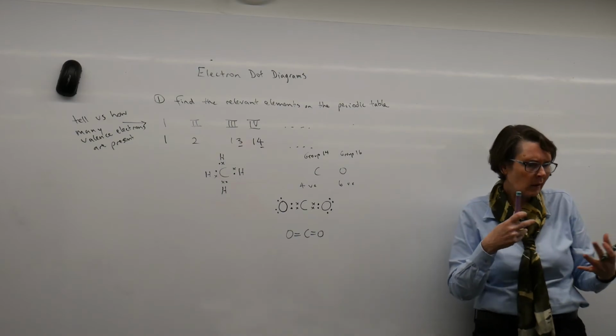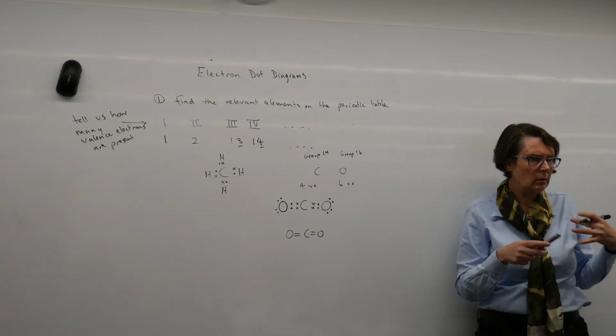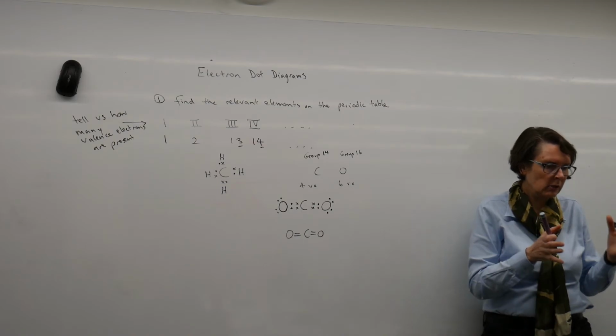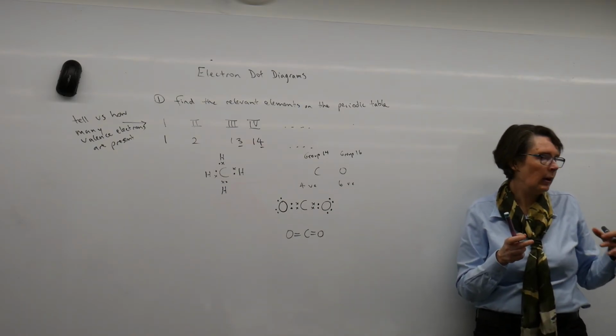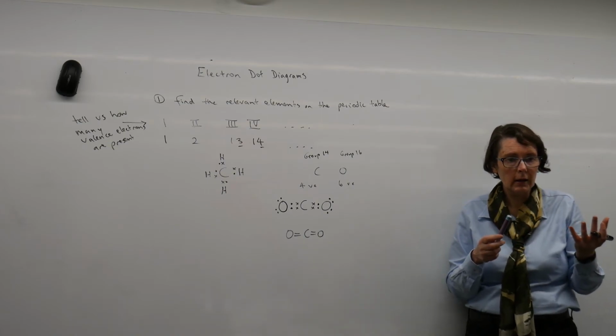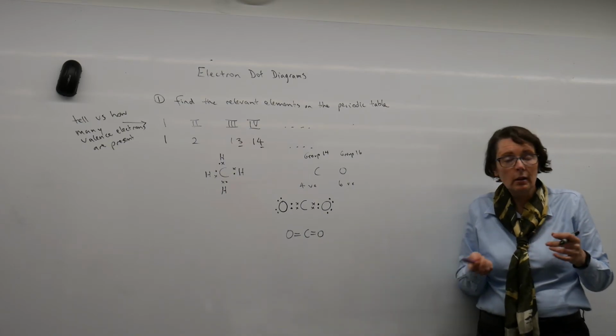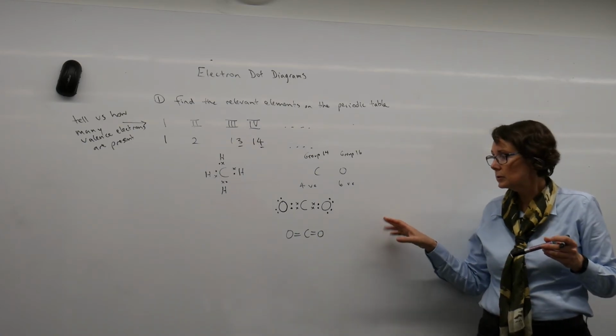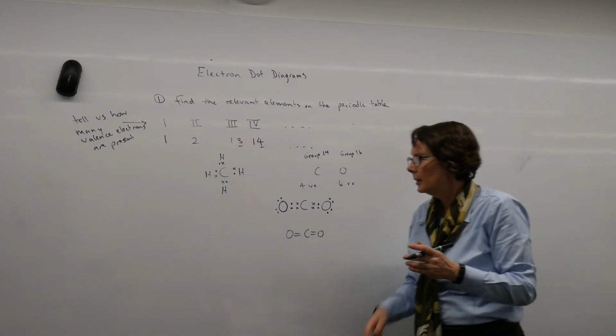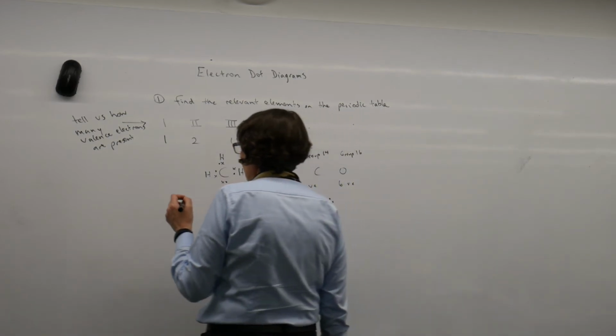Are you getting the... Can you see what we're doing? We must know how many electrons we have to start with. And we have to know how many bonds we need to make. We can also make double and triple bonds. We've seen a double bond here. Now, if I had